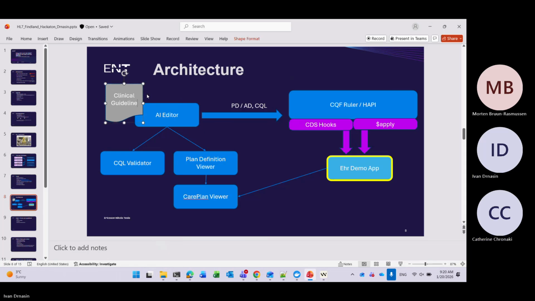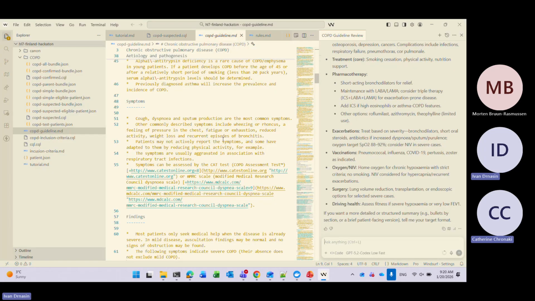I will put Markdown, yeah. And we will load it in the AI editor, and the AI editor will generate plan definition, activity definition, and CQL code. And we will use some additional tools to validate that. In this context, we will maybe skip validation, just to show you what AI can generate.